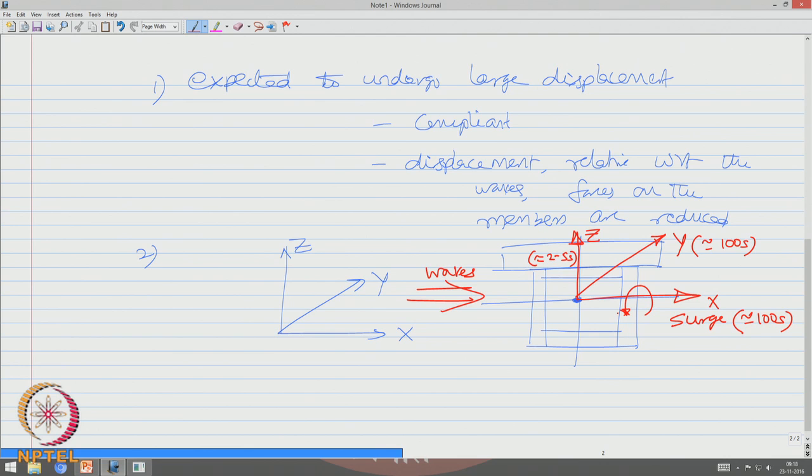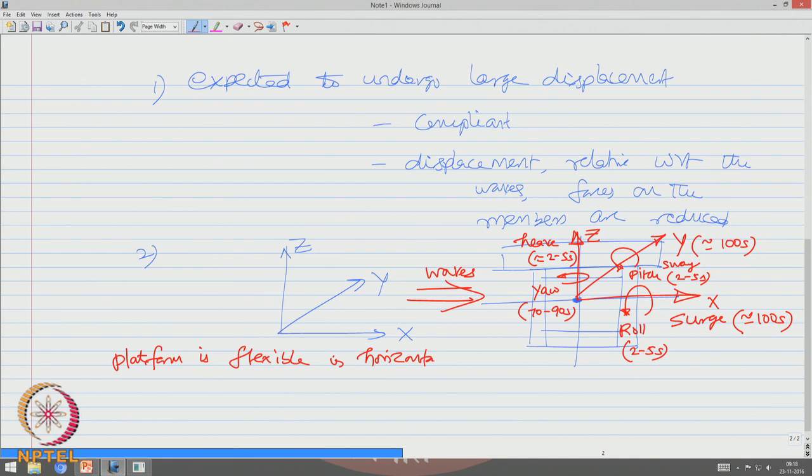The platform also undergoes roll degree of freedom whose period is about 2 to 5 seconds. The platform also undergoes pitch rotation whose period is again 2 to 5 seconds. The platform undergoes rotation about the vertical axis, which is called yaw motion, whose period is about 70 to 90 seconds. So, from this we already realized that the platform is flexible in horizontal plane because having large periods in x, y displacements and having large period in yaw rotation makes the platform flexible in horizontal plane,